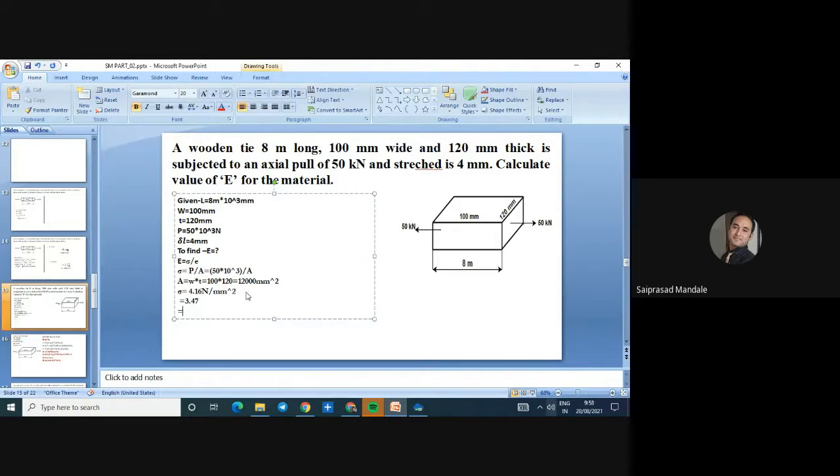Let's have more answers. Until and unless there is a similarity in the answers, I'll keep asking everybody continuously. Tell me the answer. This is the second 4.16. Okay, majority goes to 4.16. Anybody else?